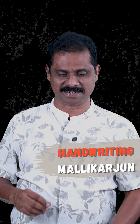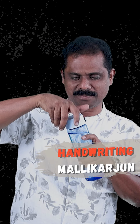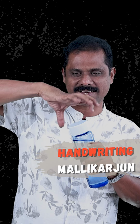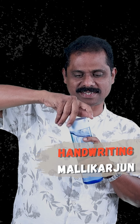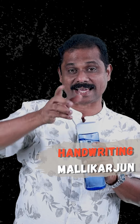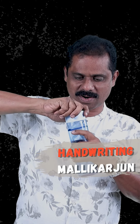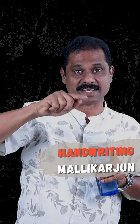Especially with small children, try to take a water bottle and ask them to open the lid. See, when I'm opening the lid, my hand is moving anti-clockwise. Ask them to close the lid. When they're able to open the bottle properly, they can write a letter C properly. When they're able to close the lid of a bottle, they can write capital B, capital D, small m, small